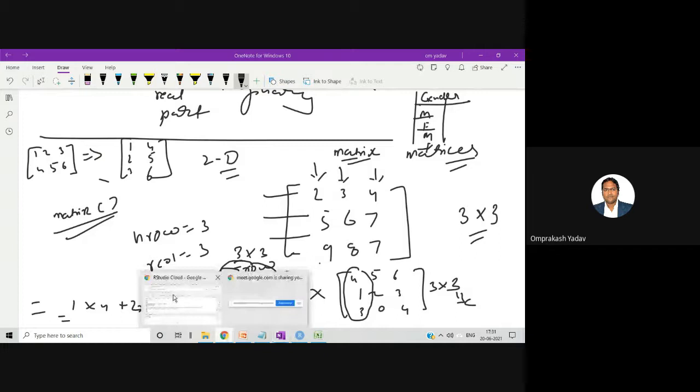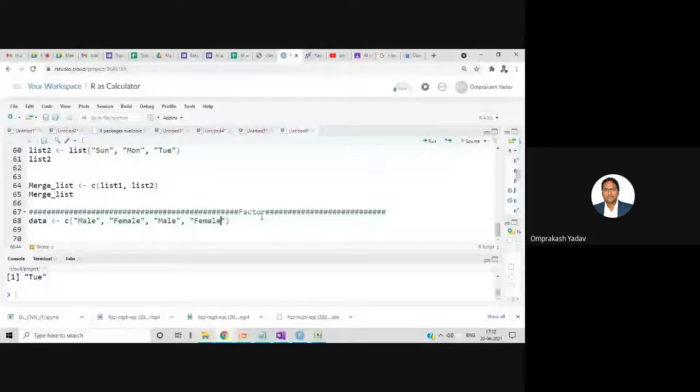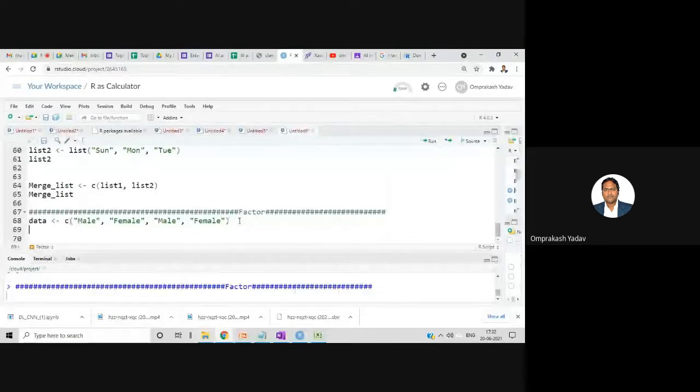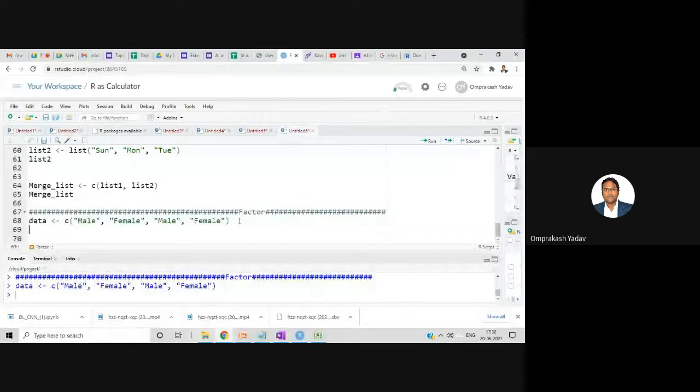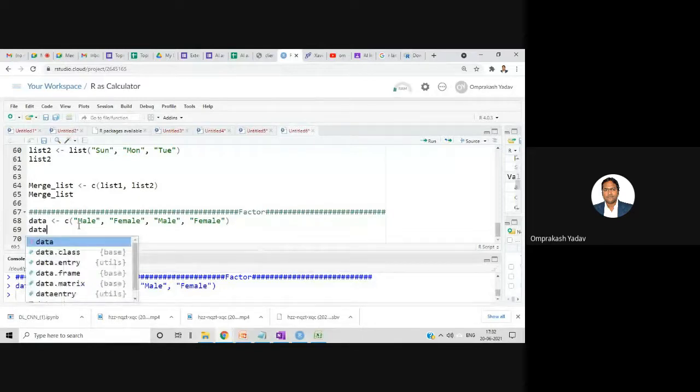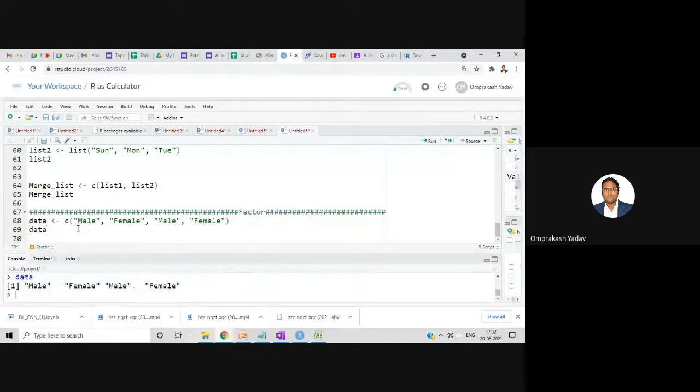Let's say I'm having 4 rows of data, 4 people's data: male, female, then male, female. I'll just create this, and it will simply create a vector. Yeah, it came. Male, female, it's simply a vector which I've created.